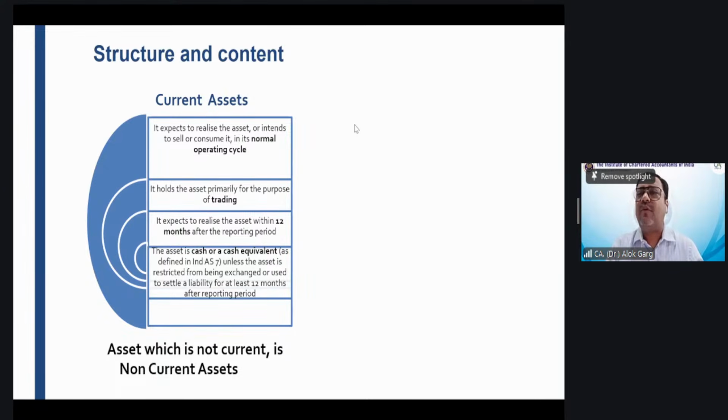Or for example, even if it is a limited review, and the company has not complied with the requirement of any Ind AS for an accounting treatment, and this is material, then even in the limited review report, the auditor can qualify the limited review report. Okay. Is that clear?